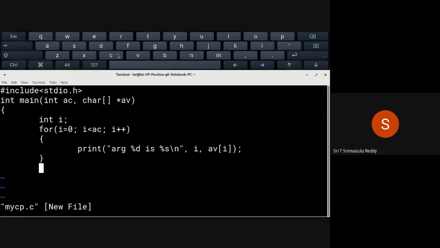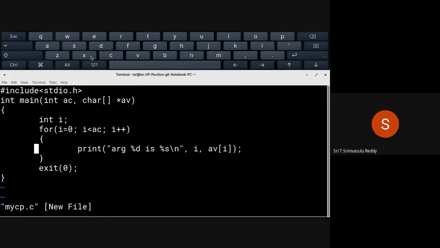After doing all this, if you want to terminate your program in C language, one way is by using the exit system call. Exit is a system call to terminate a process or a program. After this, the curly brace closes. This is a small program. We have not implemented copying and all that yet. We are only writing a small code that will work on command line arguments.